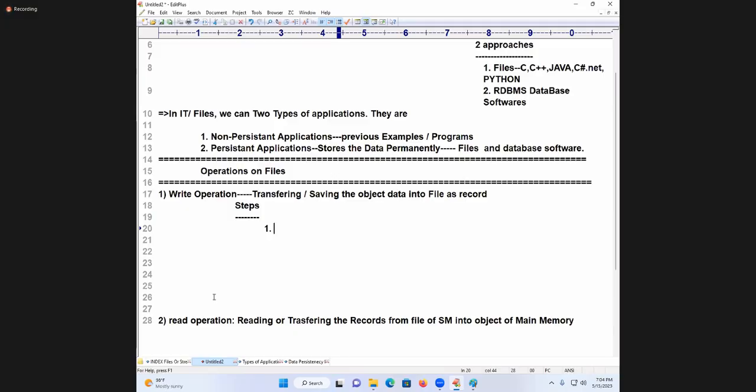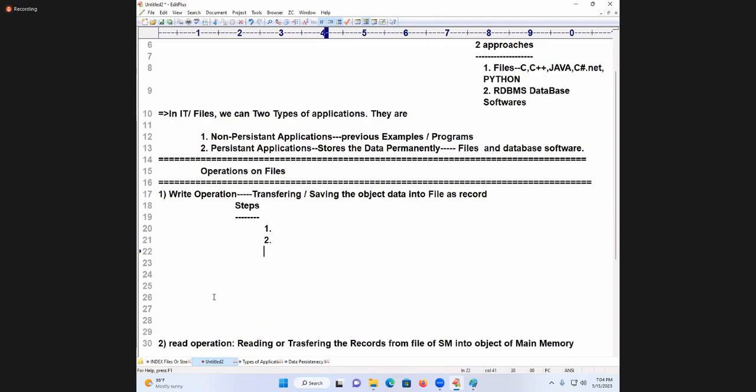I said write the notes. What will you do immediately? Open the notes. Very good. Before opening the notes, you will take the notes or not? Before writing the notes, what will you take? That notes is called a file name. Choose the file name. That is, take the notebook.